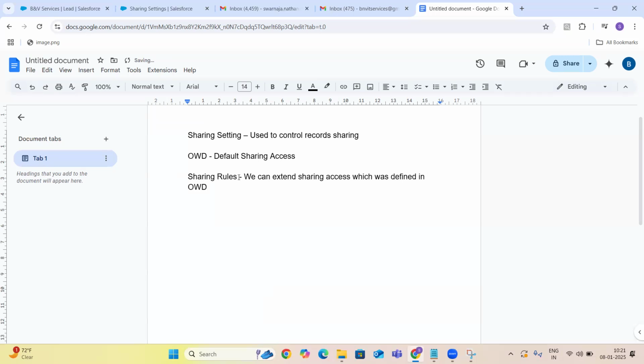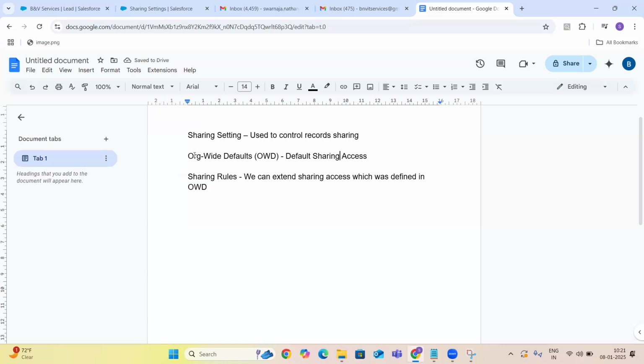Okay. So OWD and sharing rules. OWD we use for default sharing access. And if we want to extend, then we use the sharing rules.